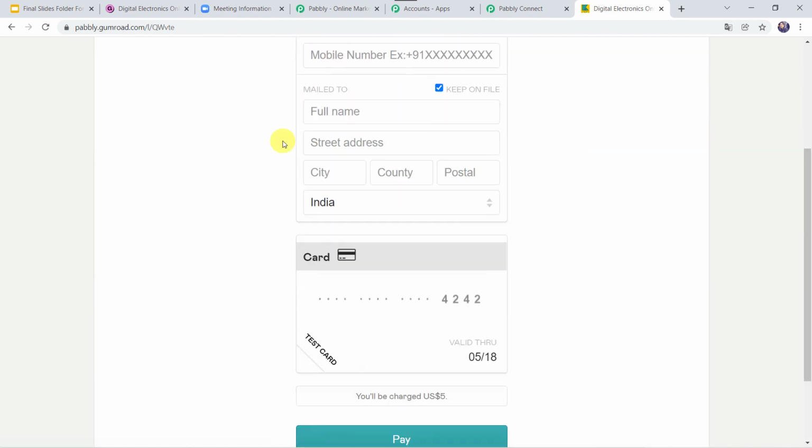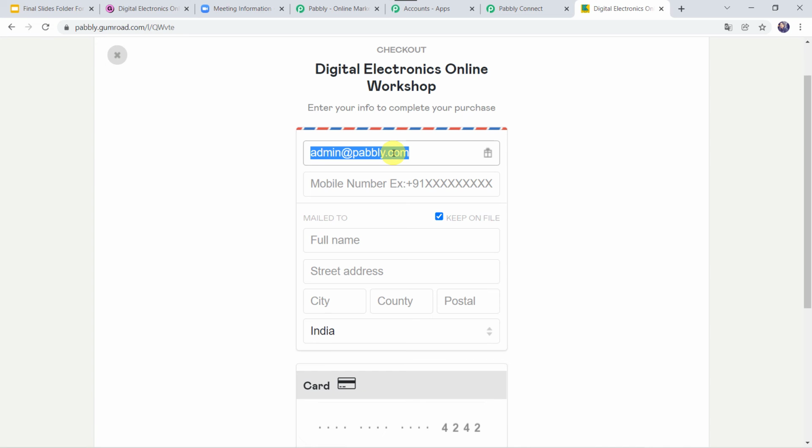This time let us give the email address as Kuldeep Gupta 11@gmail.com. I'll give the mobile number over here. I'll give the full name as Kuldeep Gupta.